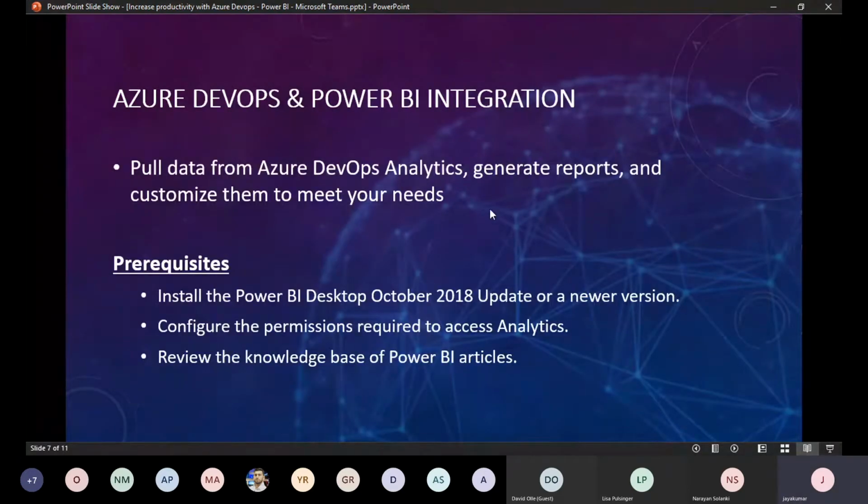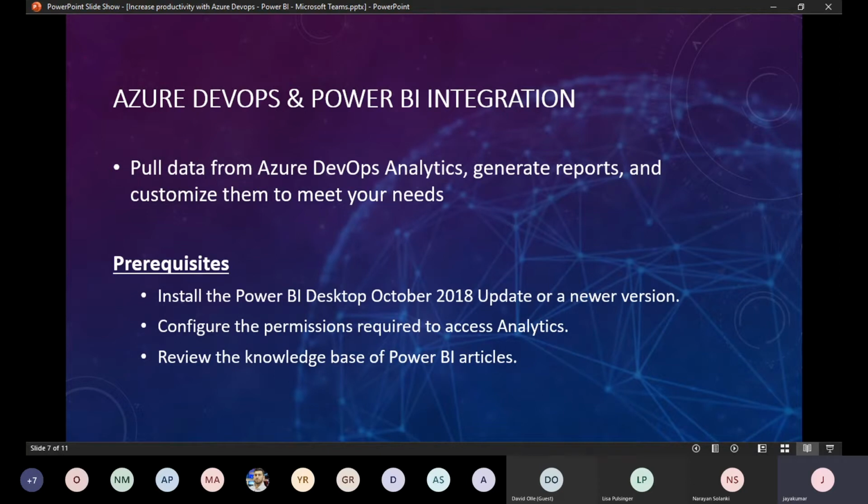We will have some hands-on demos at the end of the session, so you'll get a better understanding. Now, the Power BI integration. It's nothing but a report which we can generate in Power BI. You can generate any type of report based on your needs. Just by using out of the box options, there are a lot of integrations available to pull in your data, and now DevOps is a part of it, which is still in preview.